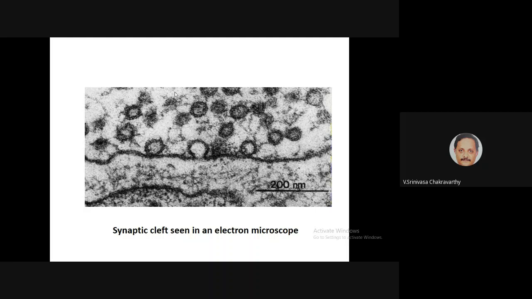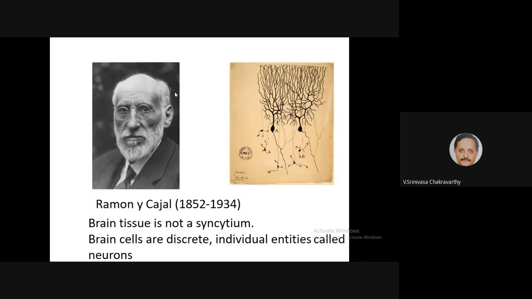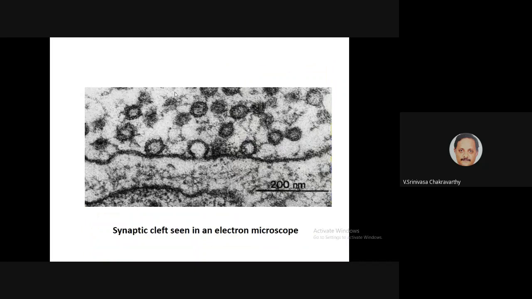Okay, so that's a very small gap to be discerned in the days of Ramon y Cajal. He didn't have that kind of microscope. You need electron microscopes to see such small gaps, as you can see in this microscope picture or